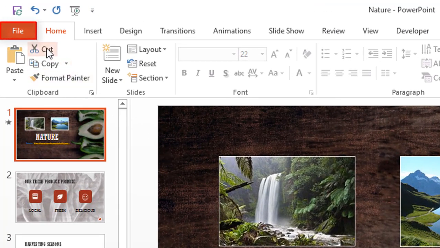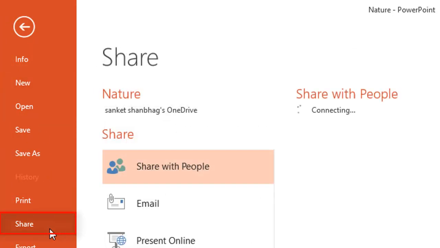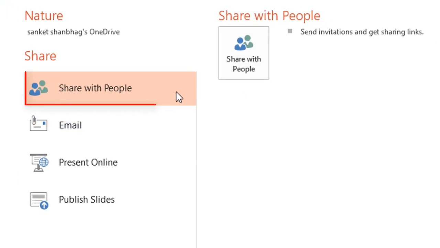I am going to click on File menu and Share tab. We can share the presentation with different people by clicking on Share with People button. Presentation should be saved in cloud to get this option,